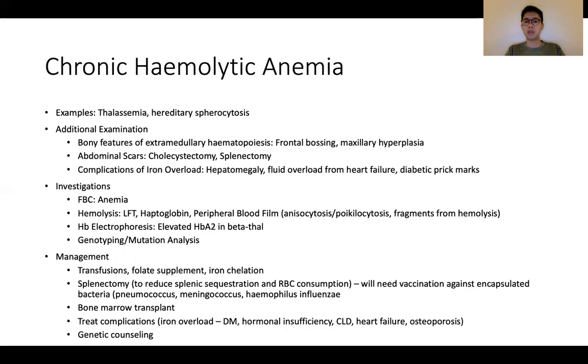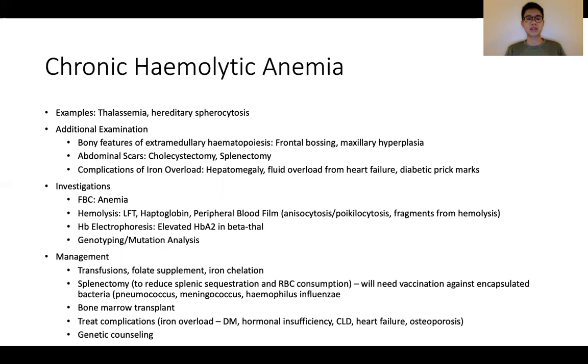of extramedullary hematopoiesis. Abdominal scars are important. Specifically, they may suggest cholecystectomy on the right and splenectomy on the left. And it's also important to evaluate for complications of iron overload, such as hepatomegaly, fluid overload, heart failure, and diabetic prick marks. So investigations-wise, full blood count for anemia, hemolysis investigations, HB electrophoresis to differentiate the types of thalassemia, and